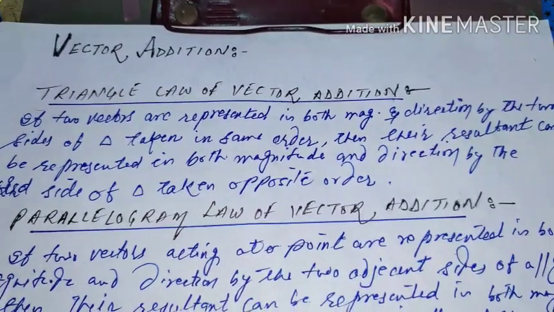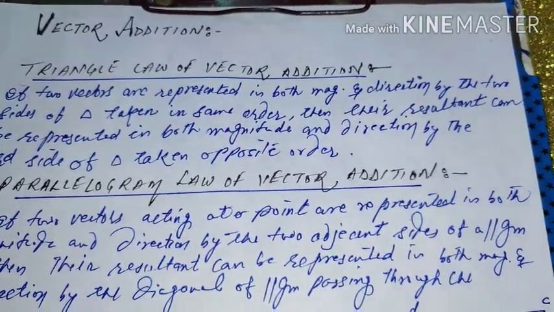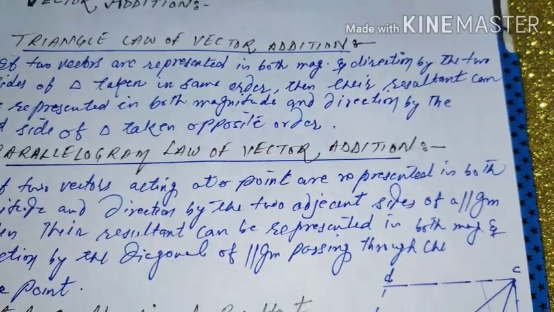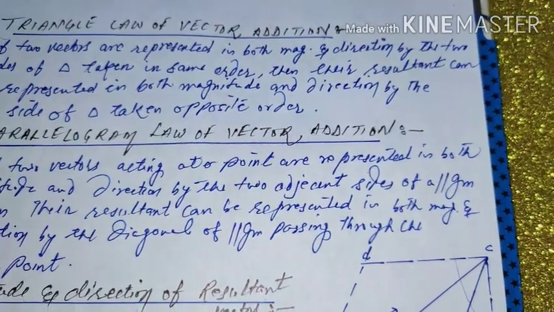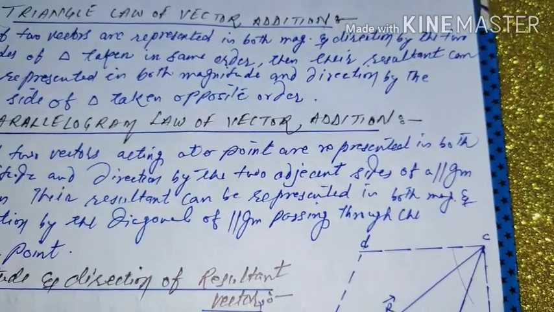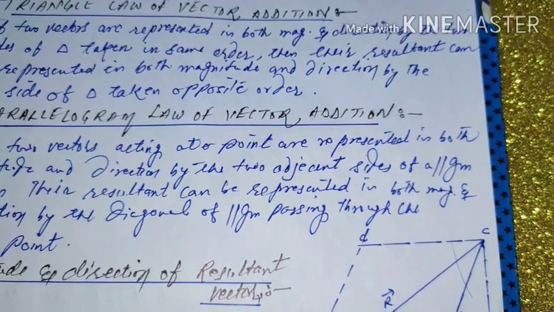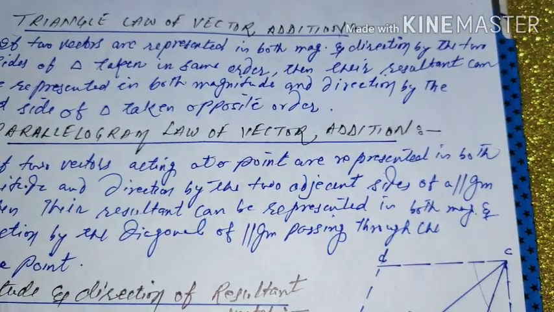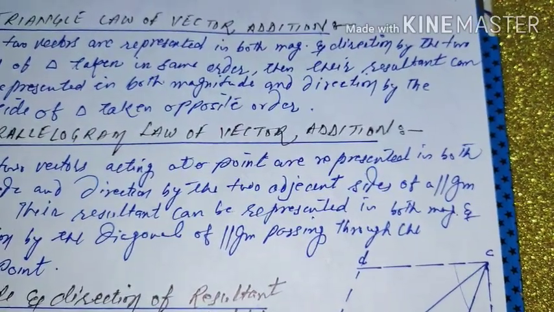So students, today I will explain about vector addition. But before starting, let me tell you something. In the junior classes, you were told the definitions of scalars and vector physical quantities. So what were the definitions? For scalars, these were the physical quantities which possess magnitude but no fixed direction. And for vectors, these are the physical quantities which possess magnitude as well as direction.